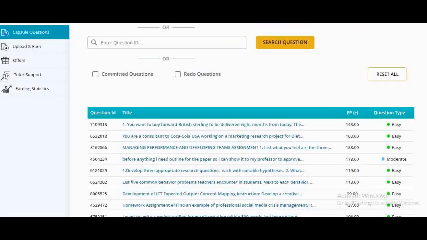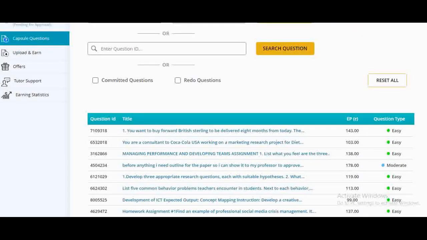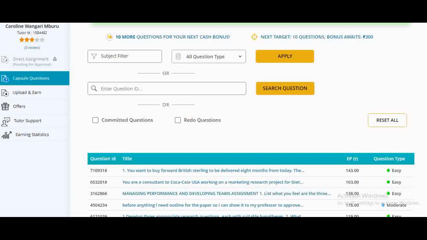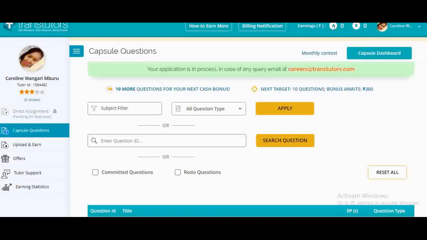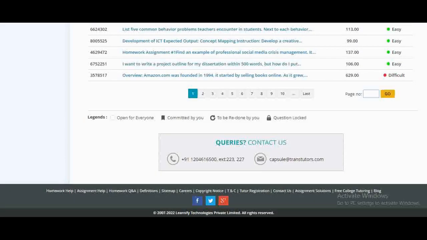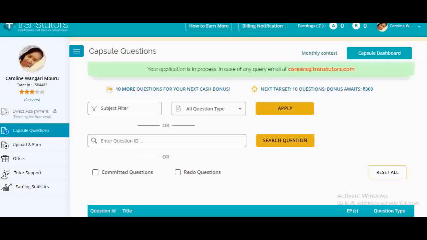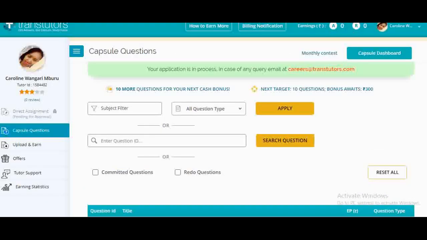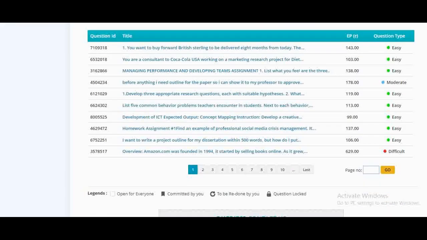Okay, so the moment you start answering questions, your money is going to reflect here. Like I said, mine is just a new account. I've not started working on it, but once you start working, your money should start reflecting here, and then they're going to pay either via your PayPal or the bank details that you have uploaded. So this account is really easy to open. In less than 10 minutes you're done,